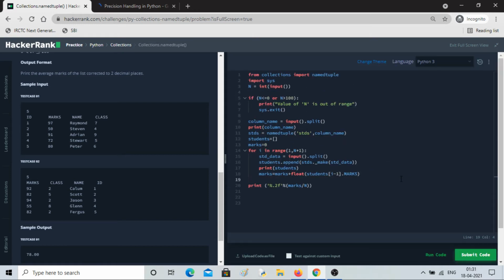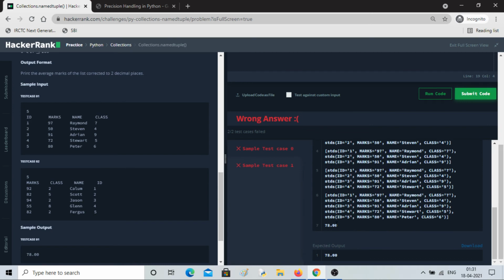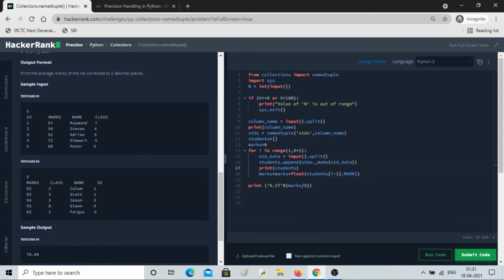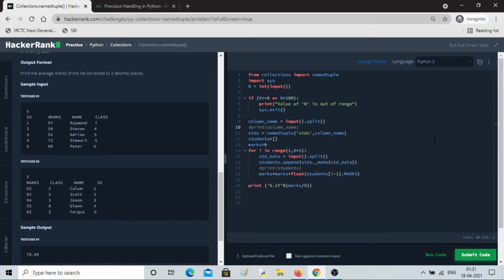So let's run it. So we are getting our output. Okay, so let me comment these out to check whether it is working or not. Print, what else is there? Right, correct.